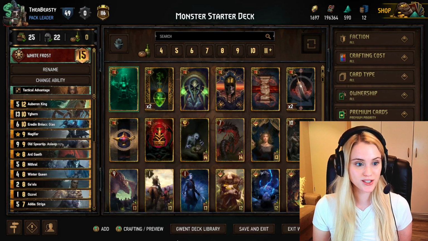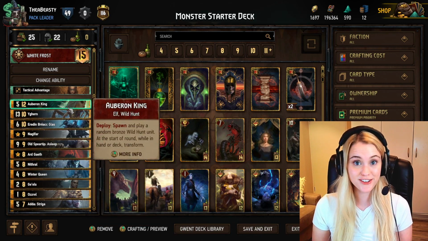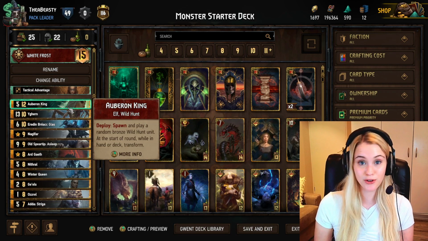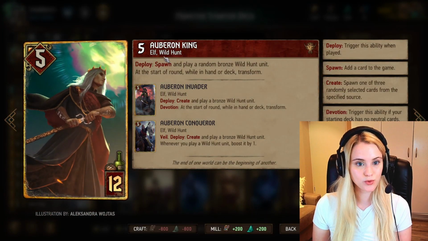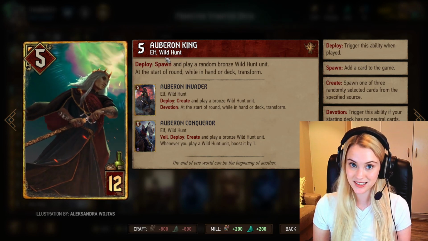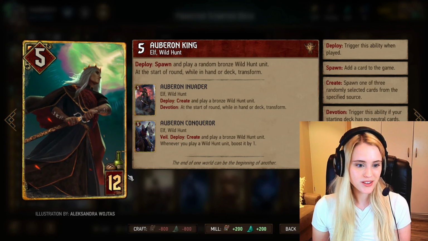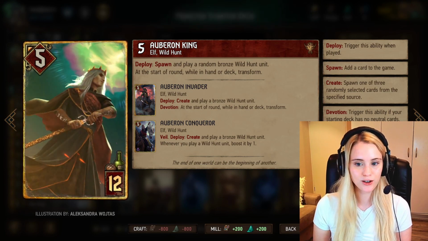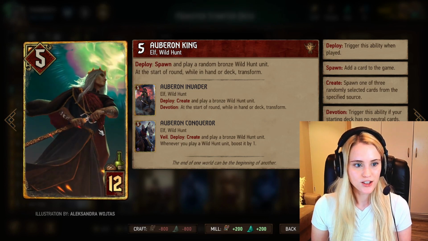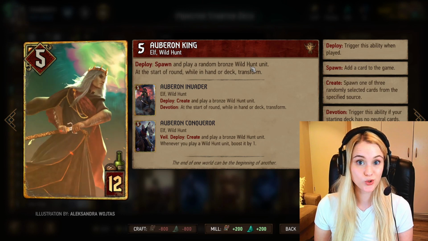Now, how can you see what's a Wild Hunt card? So let's start by right-clicking on Oberon King, the first card I actually crafted, as it's very important. As you can see, Oberon King has the word Wild Hunt here in the title. That means it's a Wild Hunt card. So this is perhaps the most complex card you'll have in this entire deck, and let me start off by explaining how it works. So when you play this card, it will spawn and play a random bronze Wild Hunt